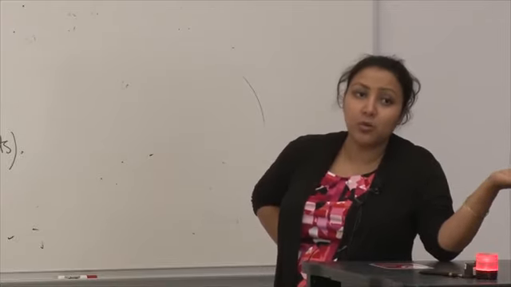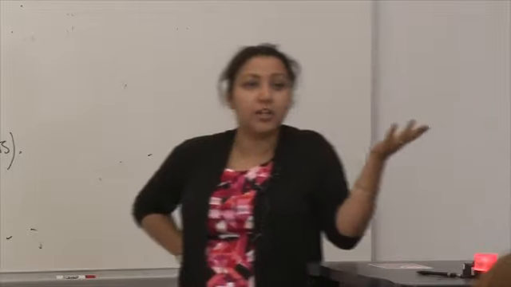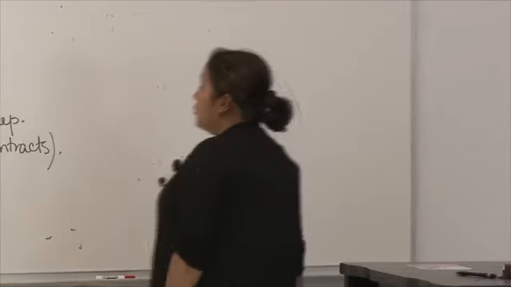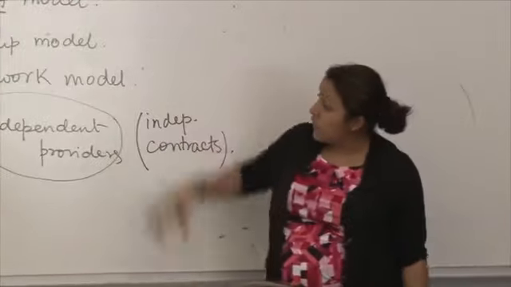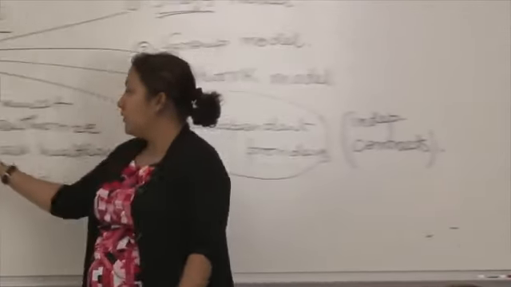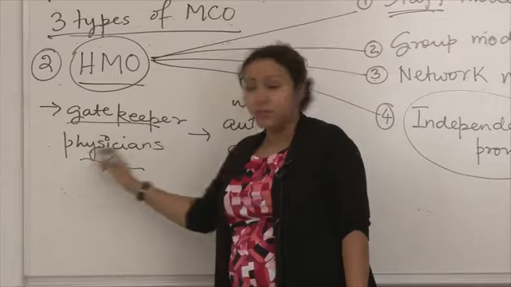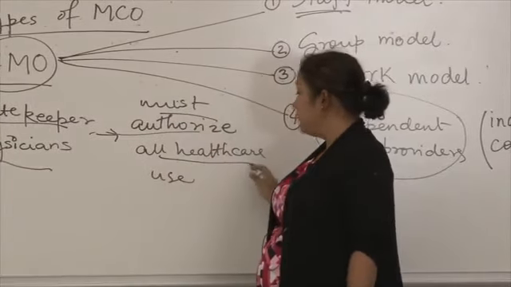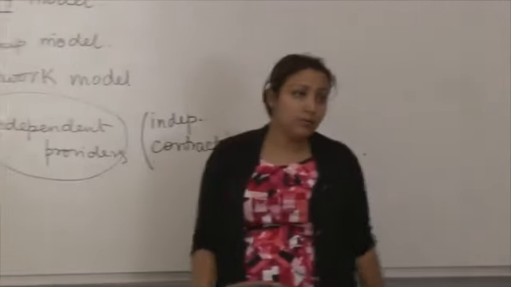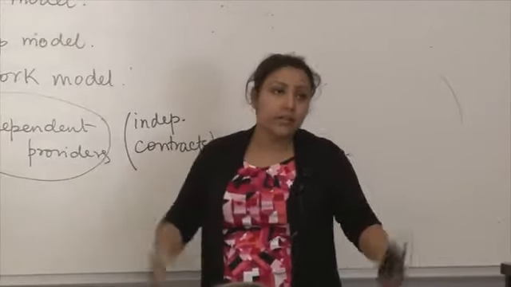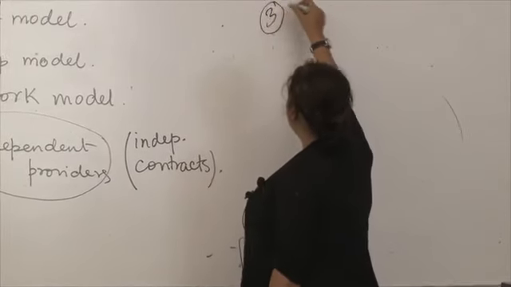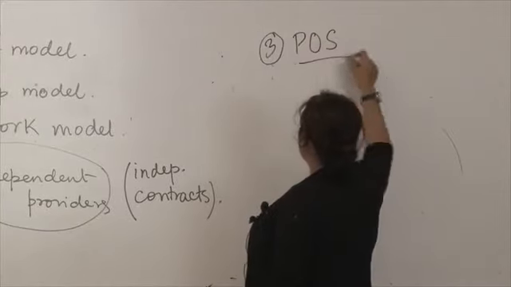So these are the people who are concerned about whether they are going to get patients or not if they just practice independently without this contract. So you have those independent providers. Those are the 4 kinds of HMO that you have. The key feature of an HMO would be these gatekeeper physicians who must authorize, right? And then there can be 4 types depending on how big or how restrictive that list is. Okay? And the third type of managed care is called the point of service plans.